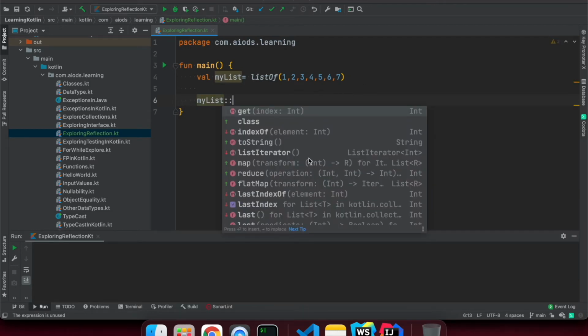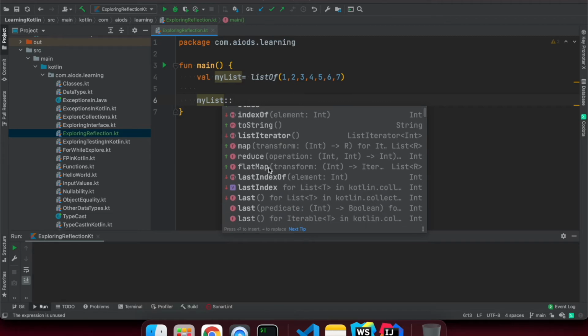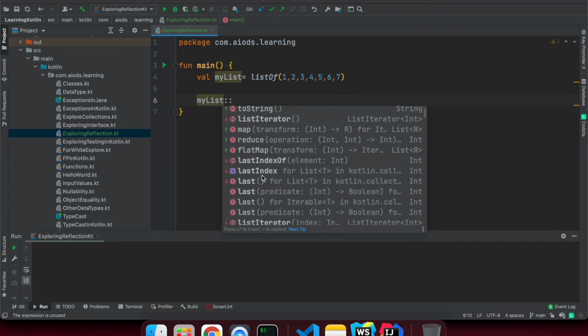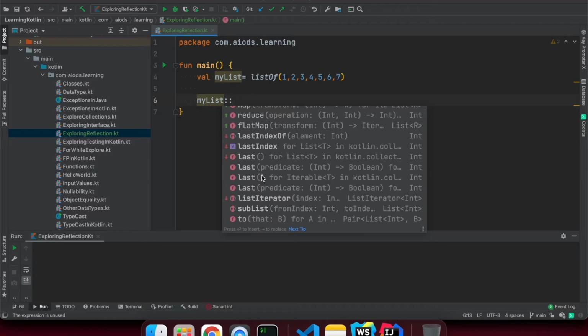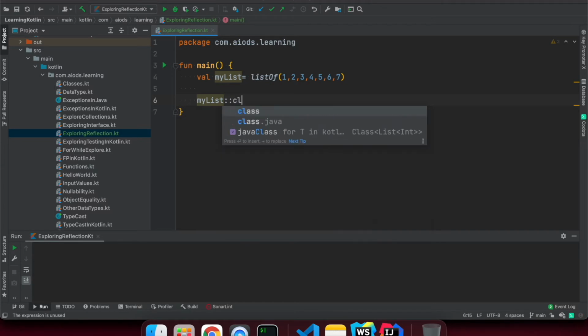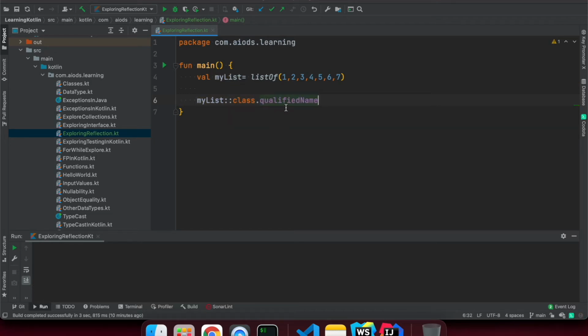If you see, we are getting the methods of this class, like filter and others. Generally we use the qualified name, which you might have seen in my previous lecture. So you will get the qualified name, showing which class this myList refers to. If I print it with println, you see the value.